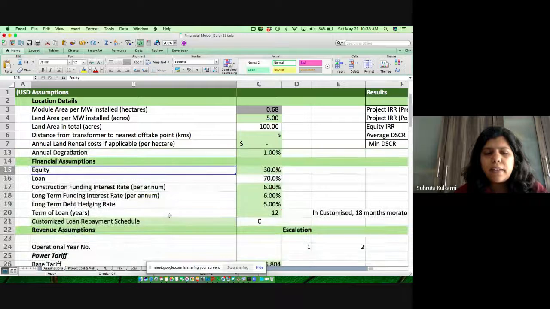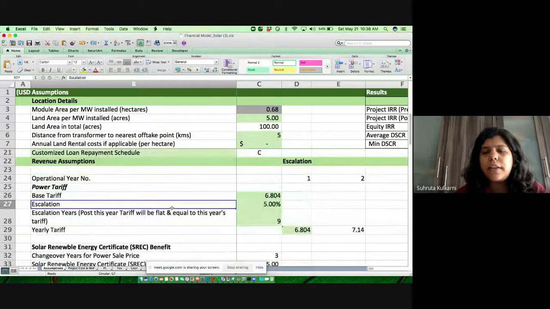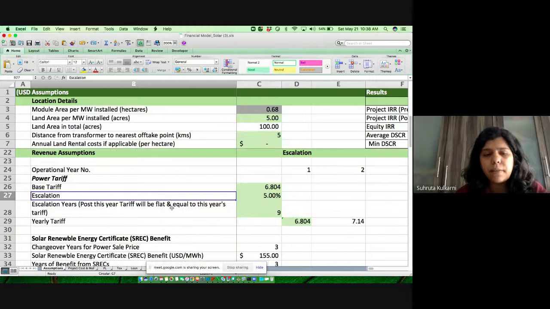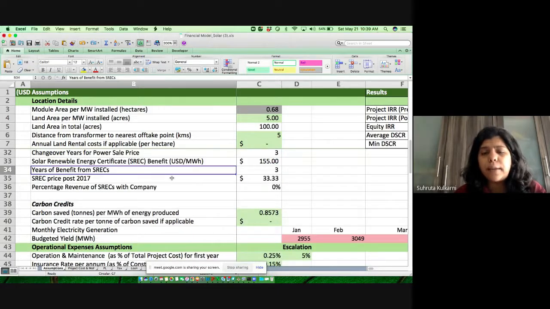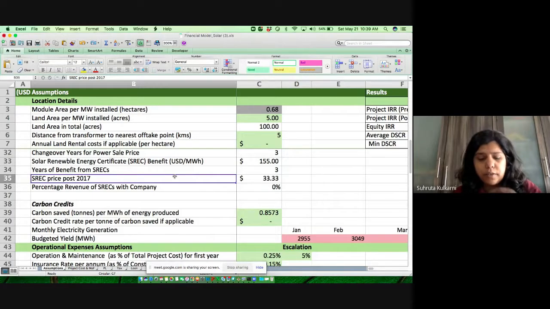So these are my revenue assumptions. Revenue basically is power. So what is the rate that I'm going to sell power for, and what is the number of units that I'm going to generate? Now here, at that time, we had something called a renewable energy certificate. Because solar is renewable energy, it takes more time and more cost to generate the power, so I could also sell renewable energy certificates. This was an additional revenue stream for me. Now this market has collapsed, so you need to be cognizant of how the markets are to build these assumptions.